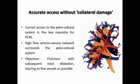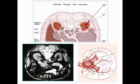And this anatomy is difficult to understand, and this is the biggest challenge which we face when we are making a puncture into the pelvic calyceal system. And the objective here is to get to the pelvic calyceal system without disturbing the vessels or without injuring the vessels. And how we can achieve this is by, first of all, trying to go into the posterior calyx as